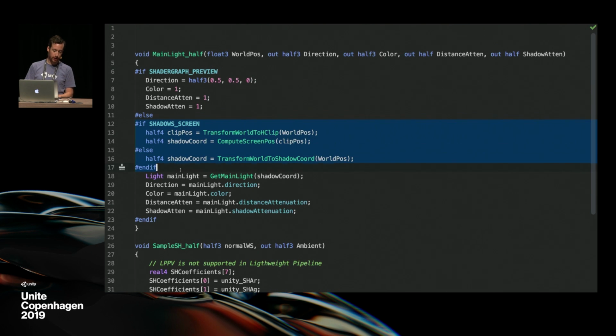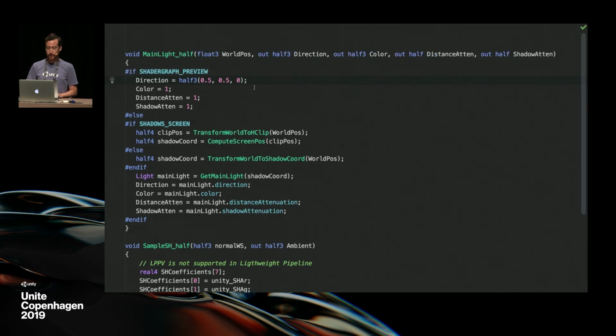And then we have essentially a snippet out of Universal RP's lighting loop. In Universal RP, there's a lighting.hlsl file. It has tons of functions essentially about getting lights and getting the information back. This is a very similar kind of snippet out of that, which goes through and gets our main light position, color, etc., based off where our objects are, where their vertices are. And then we are setting all of our outputs, which are defined up in the function as outs, and then we're good to go. So this feeds back into